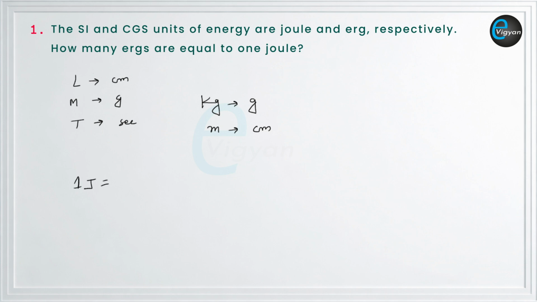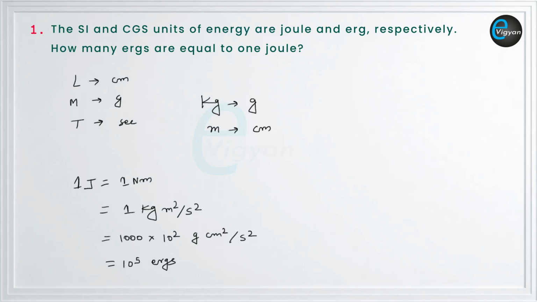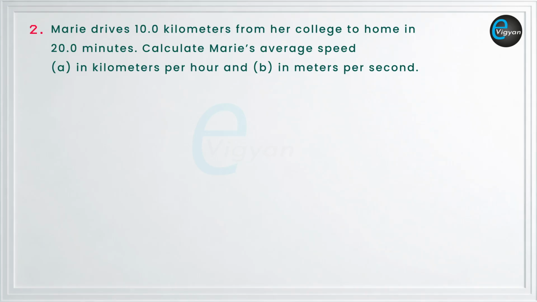1 joule equals 1 Newton meter, which equals 1 kilogram meter squared per second squared, which equals 1000 times 10 squared grams centimeters squared per second squared, which equals 10 to the power of 5 ergs. Therefore, 1 joule equals 10 to the power of 5 ergs. The second question is,